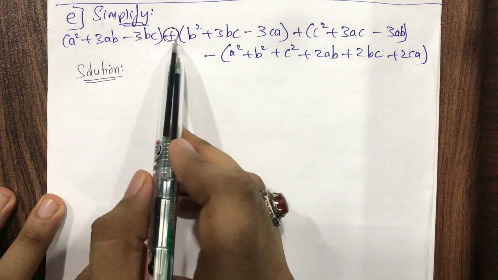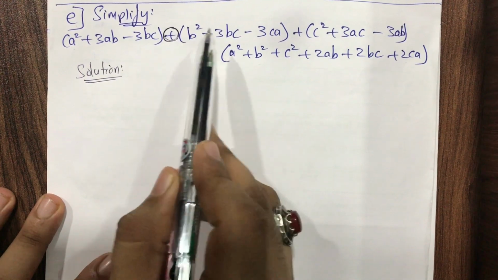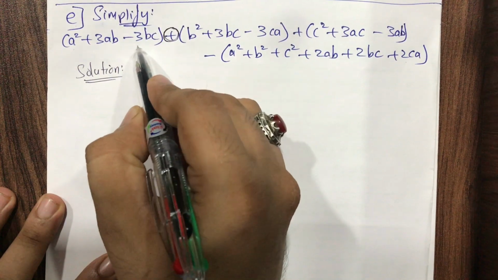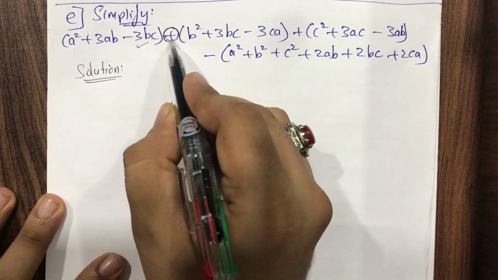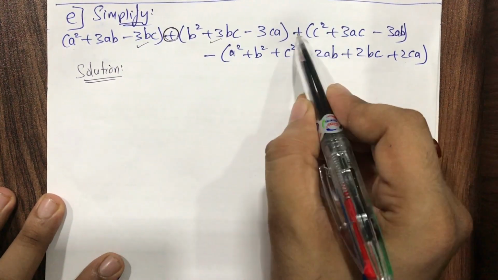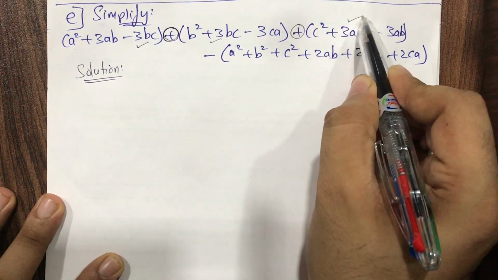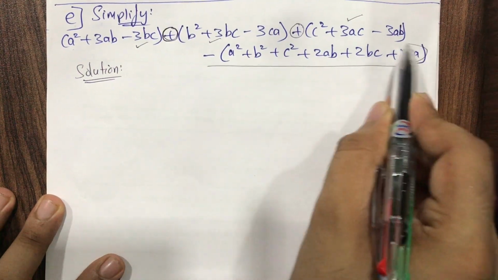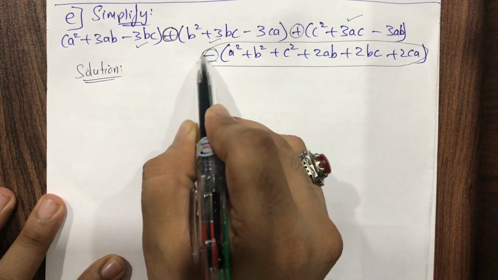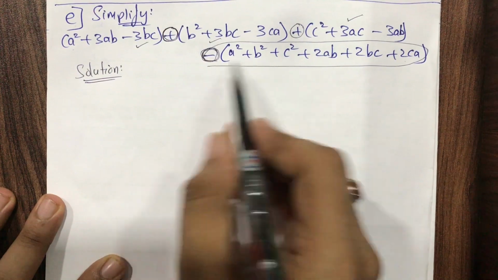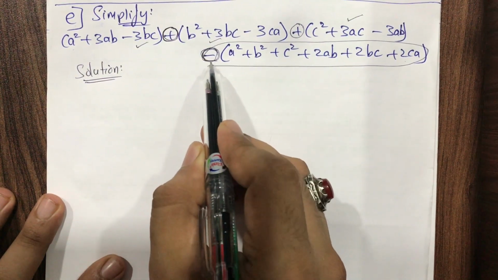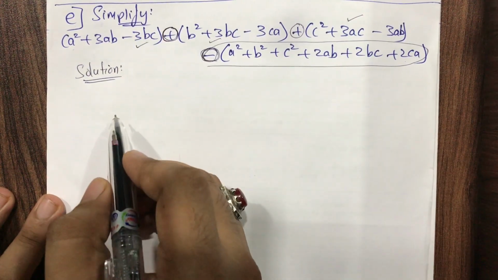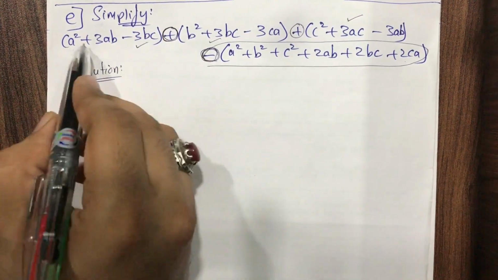So whenever we have a plus sign just before, as the preceding sign of any bracket, that bracket will be the same. So I'll copy this bracket exactly the same because it's a plus sign here. I'll copy this bracket exactly the same because it's a plus sign here. I'll copy this bracket exactly the same. Whatever the change will be, it will be in this bracket, because we have a minus sign in the beginning. This minus sign is like minus 1 and it will be multiplied with each and every term inside it. So let's start the solution with this first.